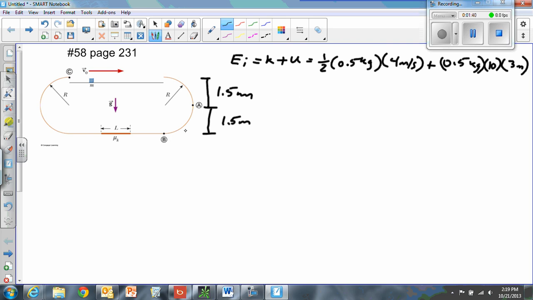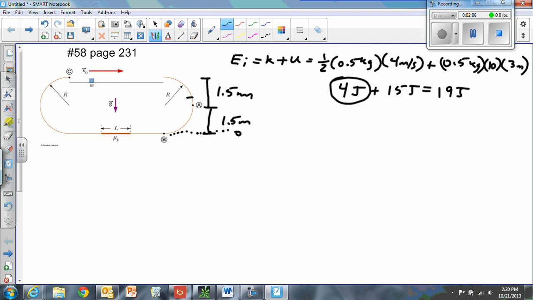So with respect to B being 0, it has this much energy, which is going to be 4 joules plus 15 joules, which equals a total energy of 19 joules. But only 4 of that is kinetic. So when it gets to point A, I've got to know how fast it's going, because if I look at a force diagram here,